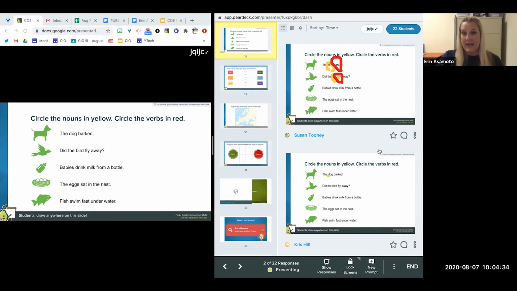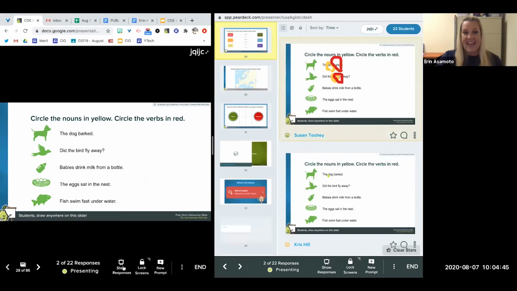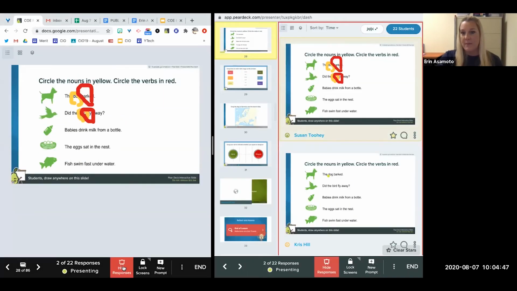So if I, like right now, if I star Susan's on the right, I just go to show responses, which is my toggle over here. Oops, back. And then Susan's is the only one that pops up. If I want to lock Susan's down because she is the example that I'm seeing, I can lock it in there. The other thing that I can do as I toggle over